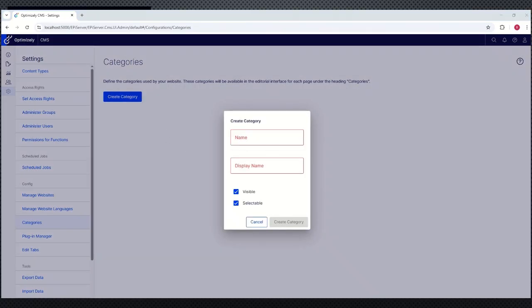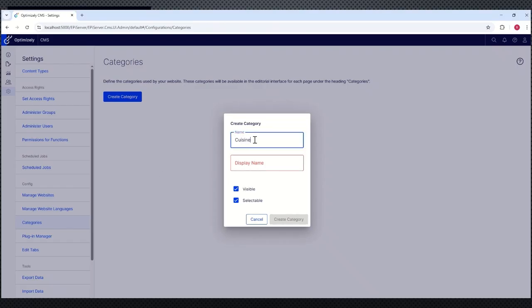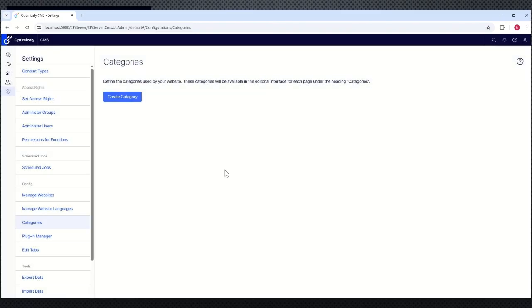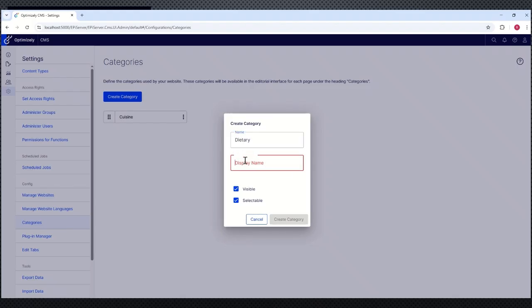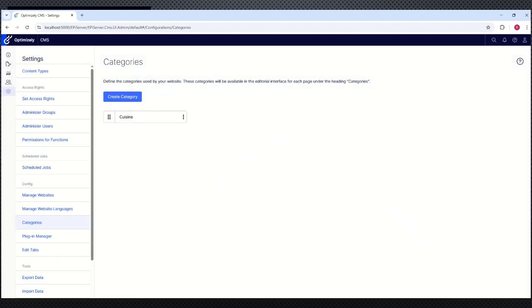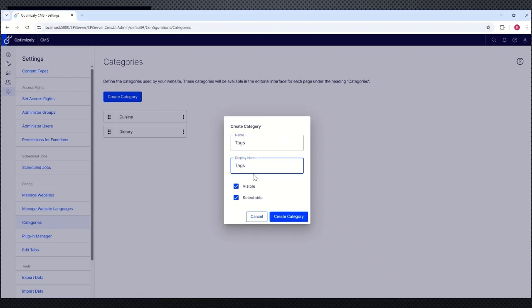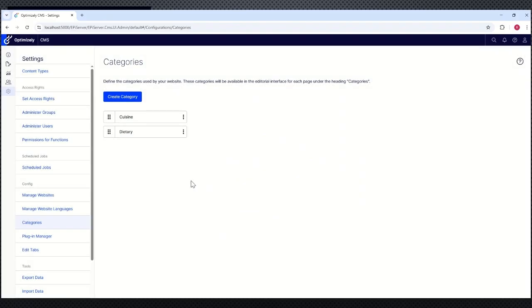Like you might remember from the previous episode, we had created 3 different categories. So the first one would be cuisine, right? And the second category would be dietary, right? And the third top level category would be tags, right? So 3 top level categories are created. So let's try to create